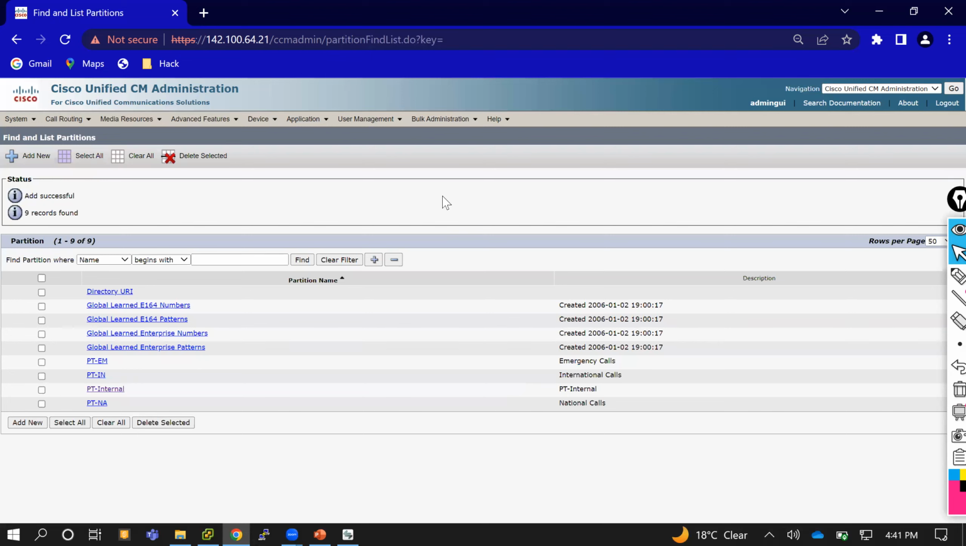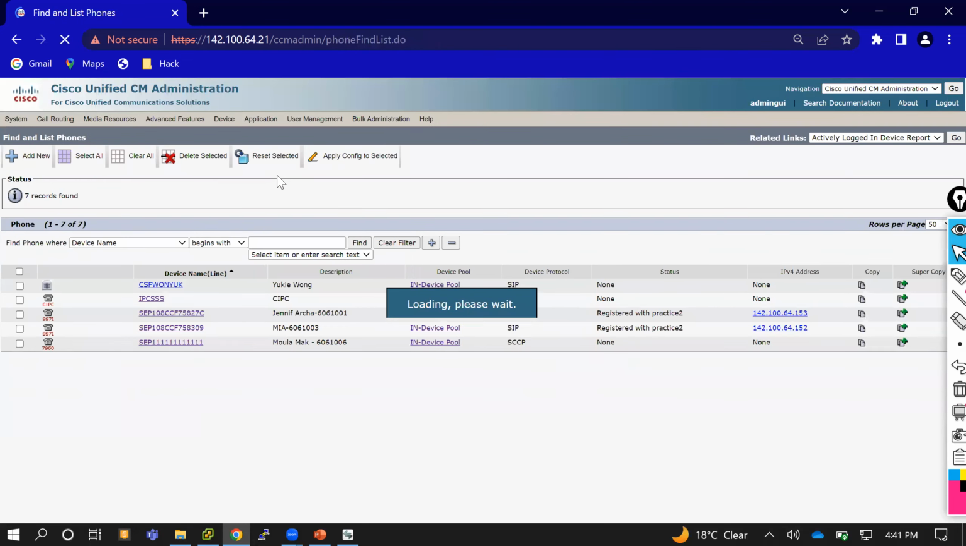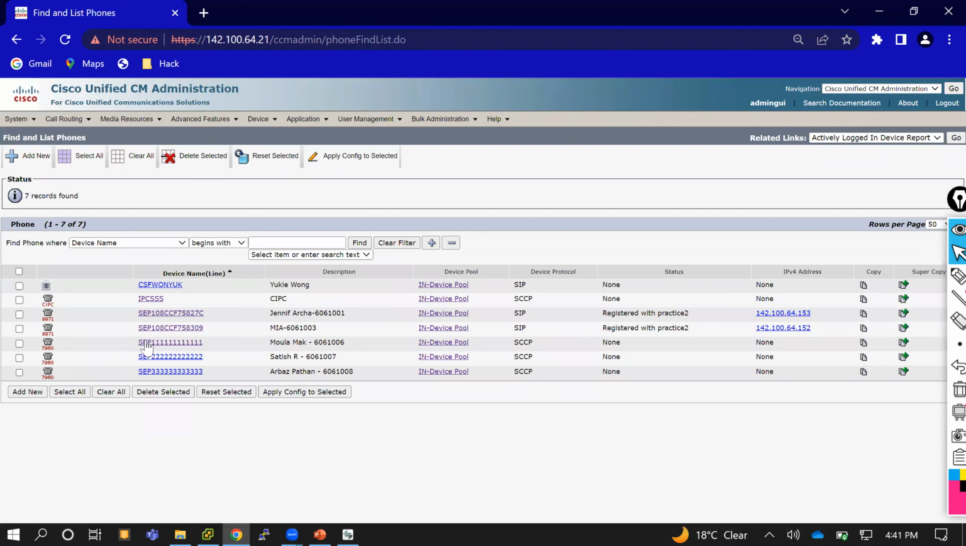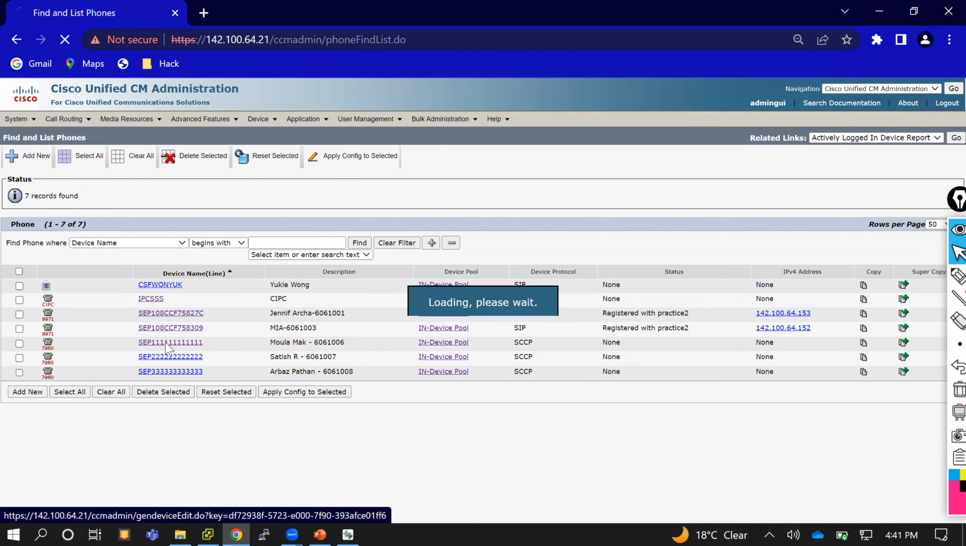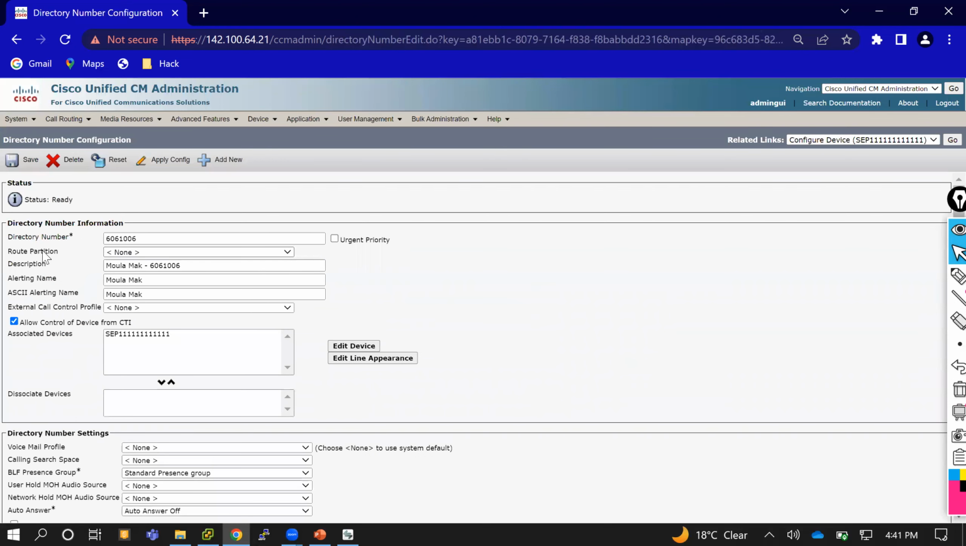Now what you have to do here is go to the devices and apply that partition. For an example, you can go here, Mola Mac. If you go to the line page, that's the number. Here under this, you have route partition. Whatever partitions you have created, you get all the partitions here. Now I am selecting PT internal, partition internal. So before I assign